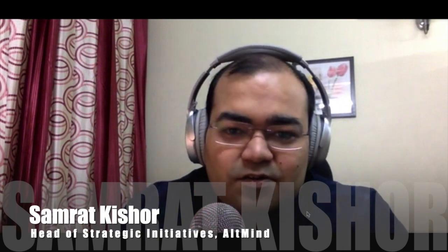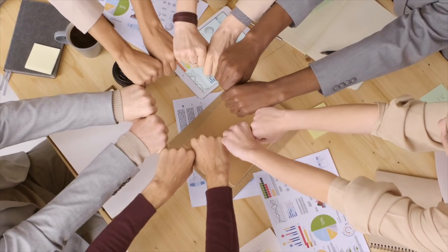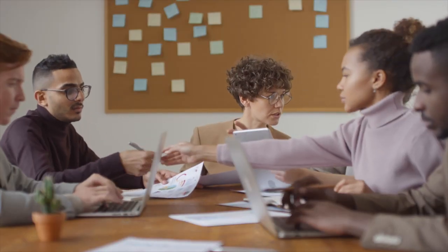My name is Samrat, and I'm a partner with a firm called Altmind in Norway. I also run a company called Golden X Ventures here in India. And I think we discovered Baseline on GitHub. The community is extremely vibrant. I just love the quality of people who are running the community and also participating in the community on Slack, on